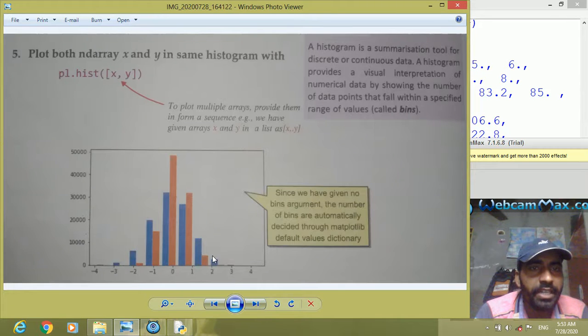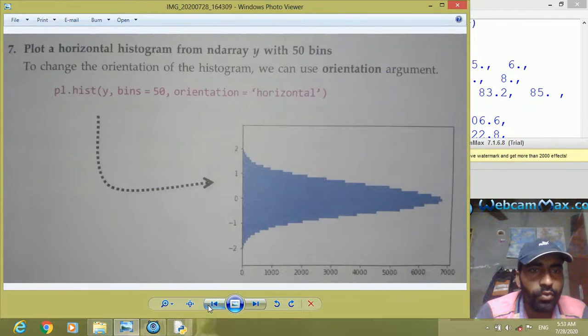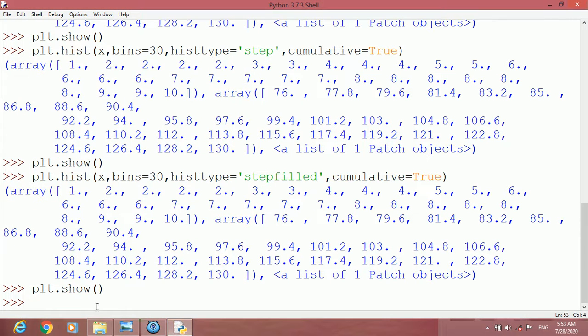Further we have orientation. Orientation takes two values. So we can display orientation. Here we can write cumulative equal to true, comma orientation.